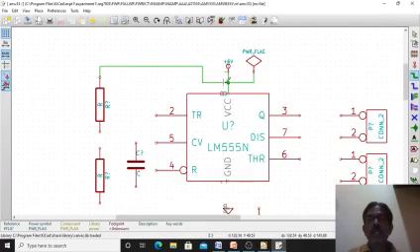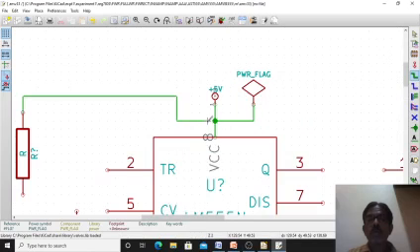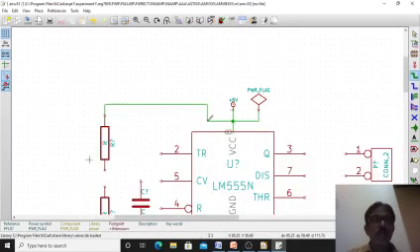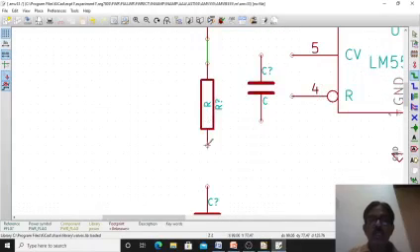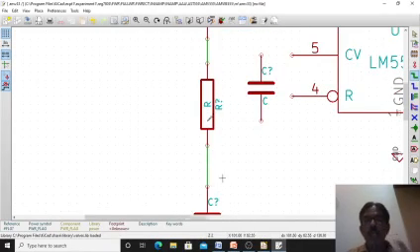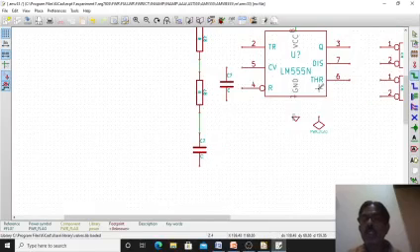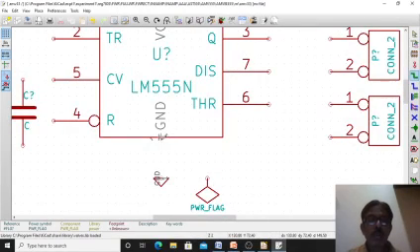You connect it here, double click it. Okay, so then these resistors are connected, then this end of the resistor is connected to the capacitor. Then the other end, this ground, is connected to pin number 1. Then the power flag is connected to ground, that also you have to connect here.